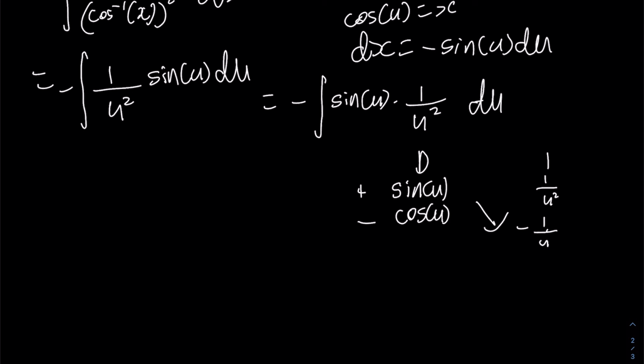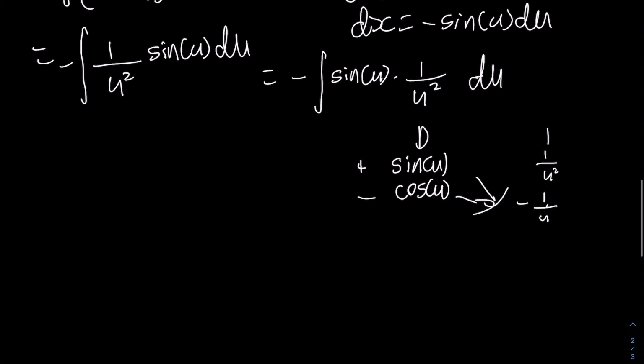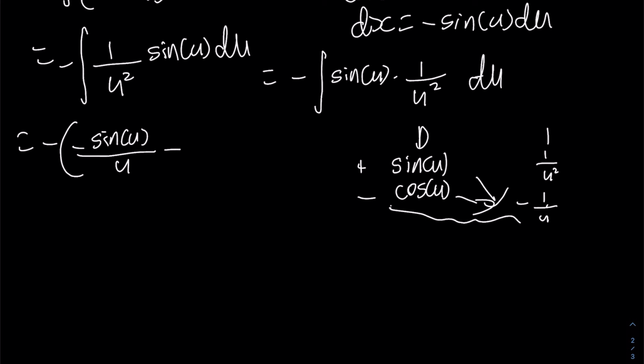So now we take the product of the diagonals, and then we take this to be an integral. So let's continue our work here. This is equal to negative times, and let's put a big bracket around here. We have the product of the diagonals, which is negative sine u over u, and we subtract now the integral of this